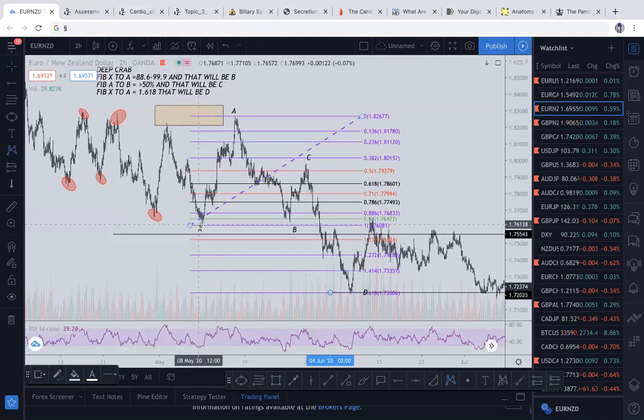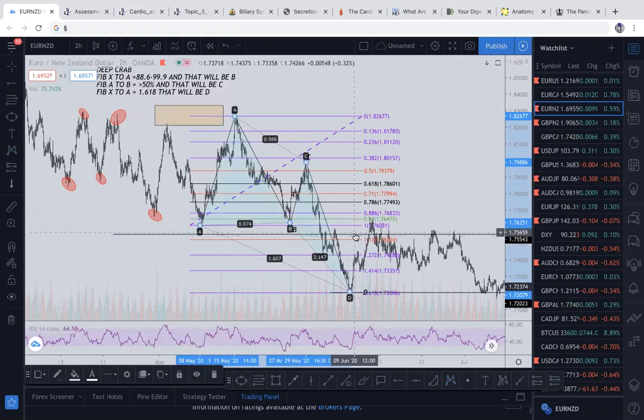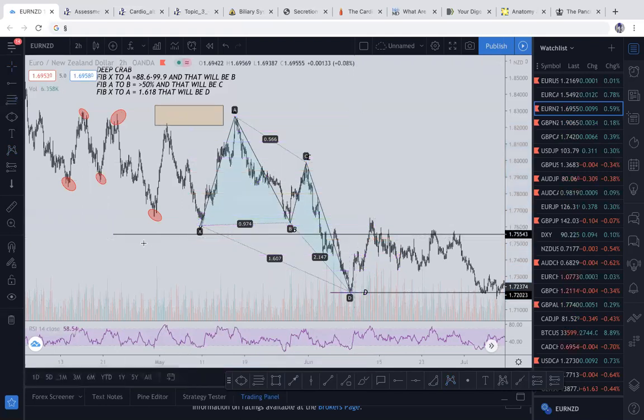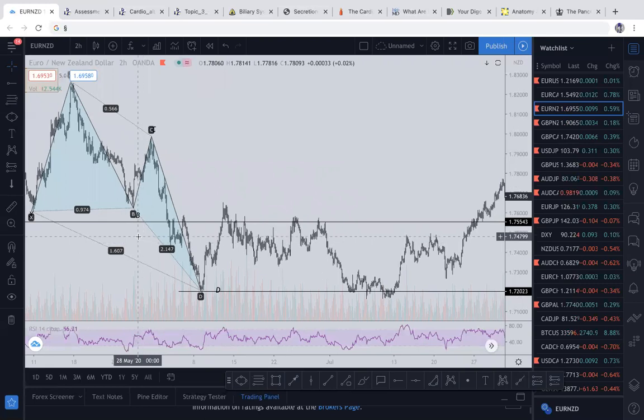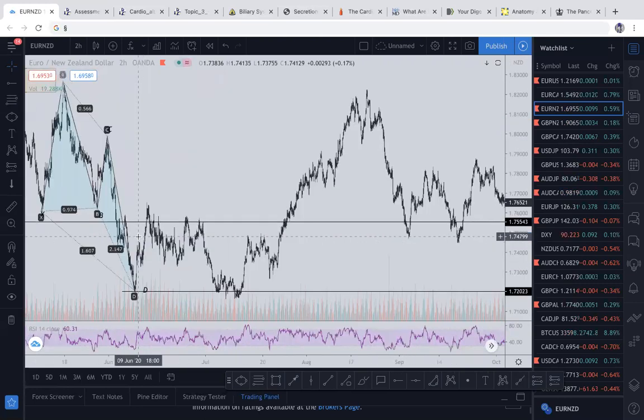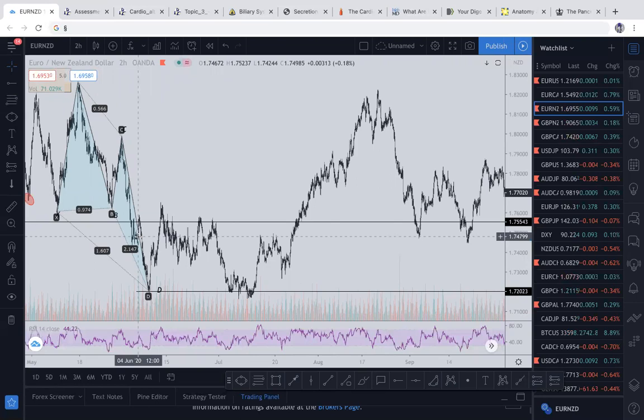Now you can have a deep crab pattern, X, A, B, C, and D. Look at that. Guys, I did not create this. This is what the market does. If you get the pattern right,